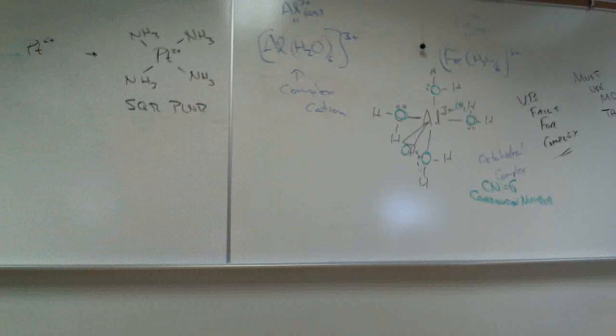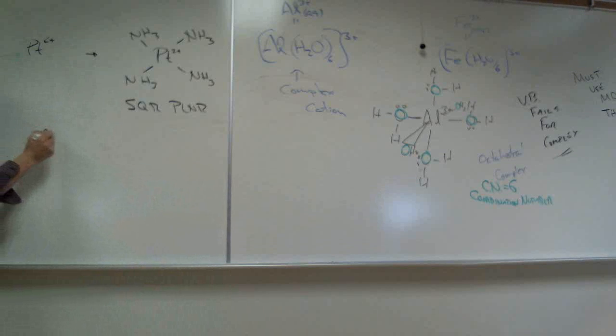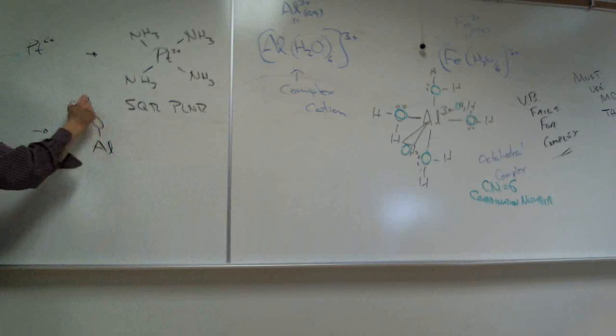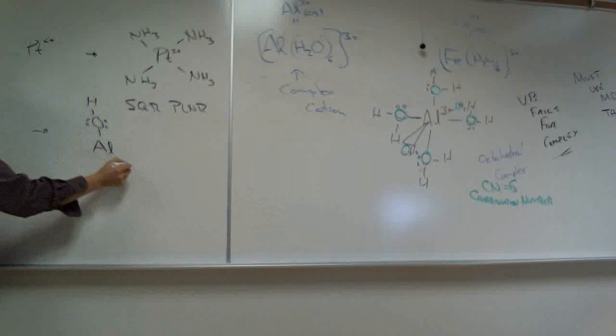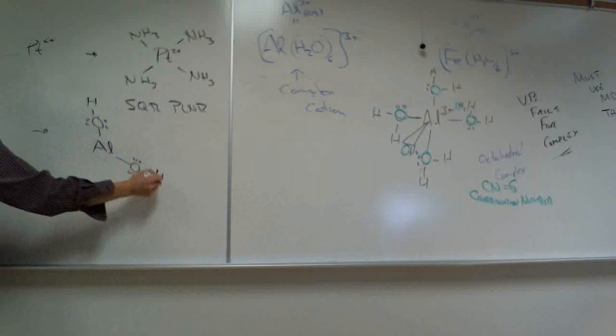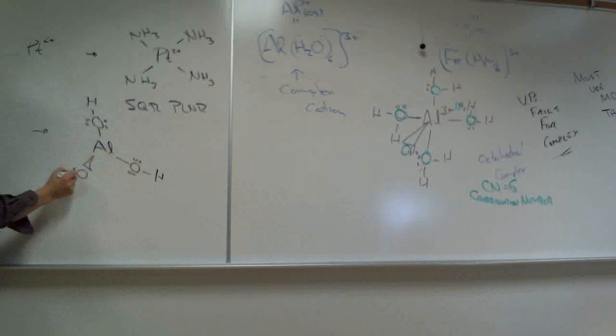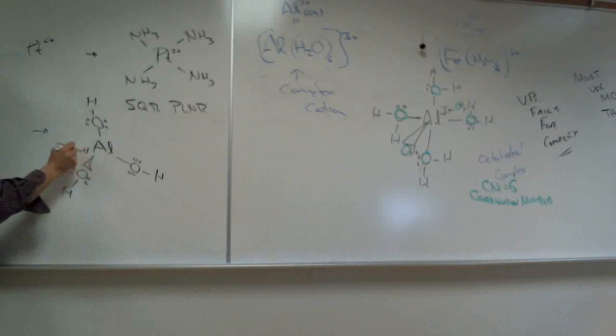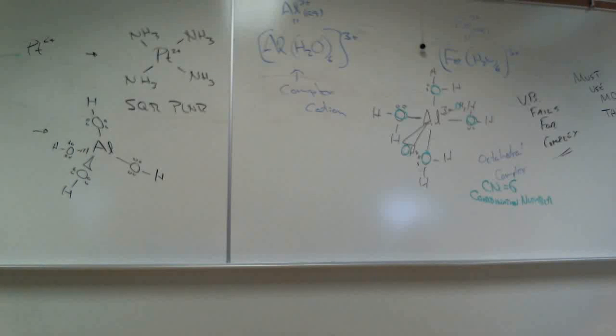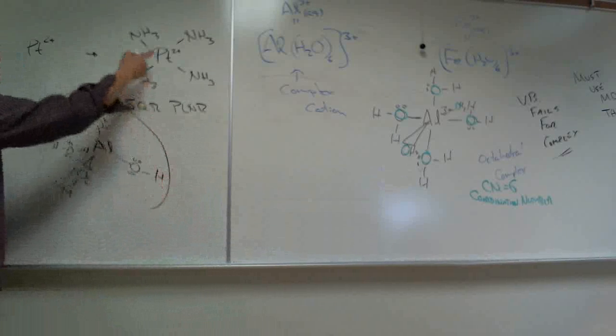complex. And let me show you an example of a tetrahedral complex. For example, if I had aluminum 3 plus and hydroxide. Hydroxide is a Lewis base also. And so I got some hydroxide. The hydroxide attacks the aluminum 3 plus. I can fit 4 hydroxides. Aluminum 3 plus, how many valence electrons does that have? 0. This is an example of a tetrahedral complex, a square planar complex,